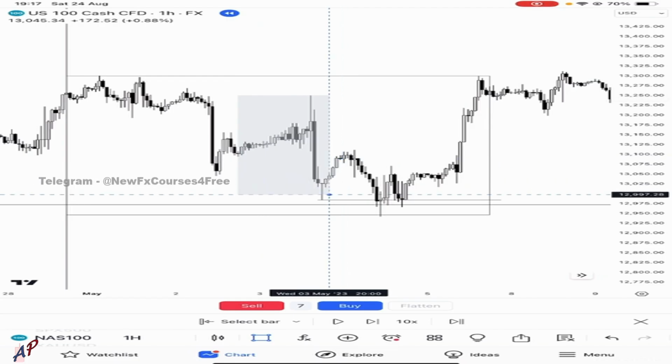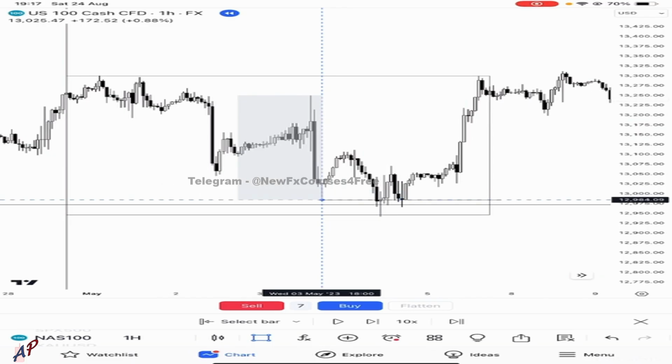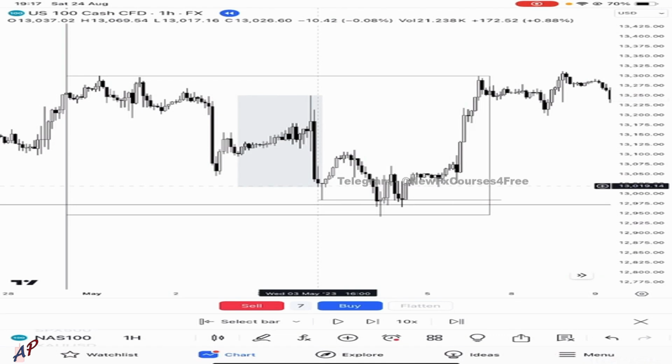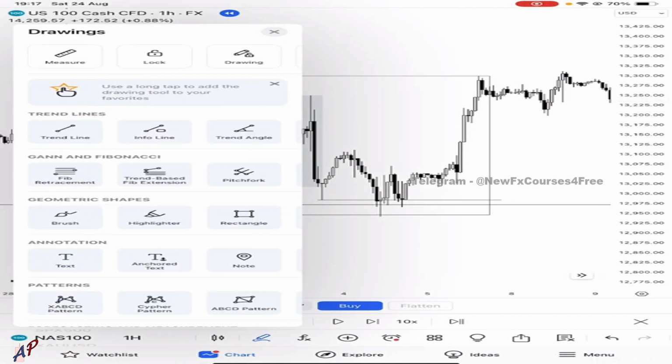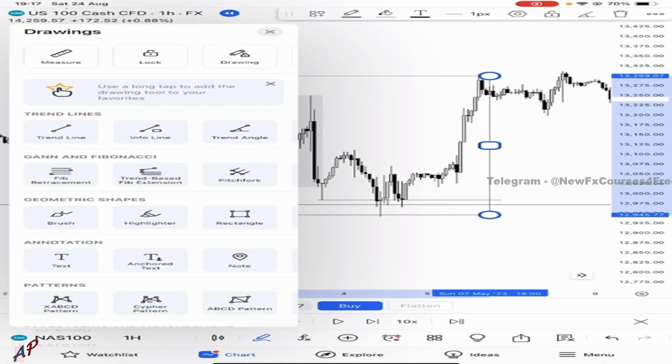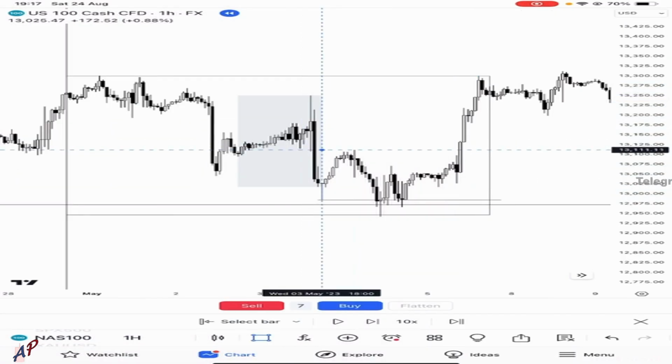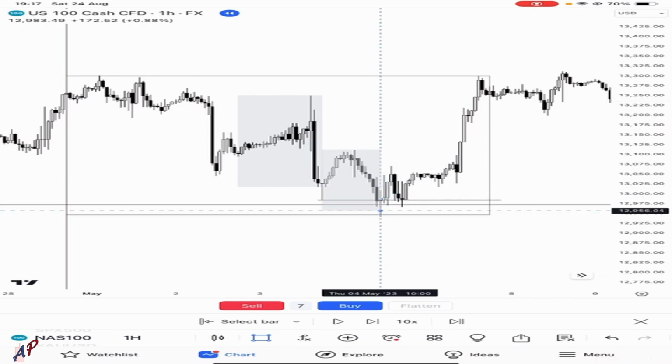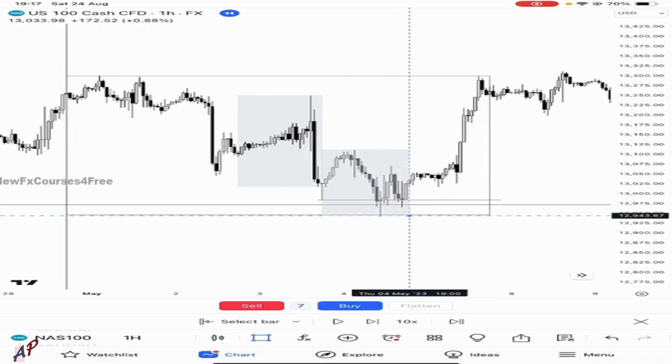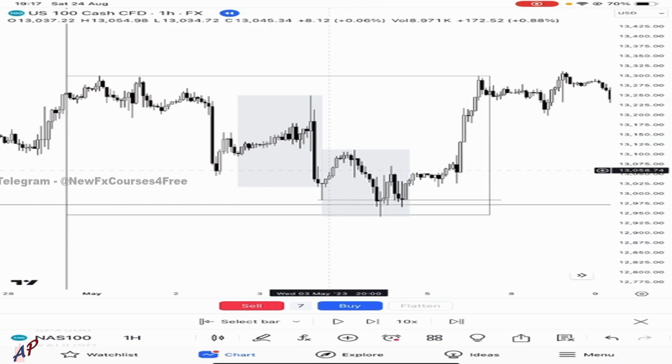So Wednesday 18, to look, oh, 18 here. This is Wednesday low, then Tuesday open,